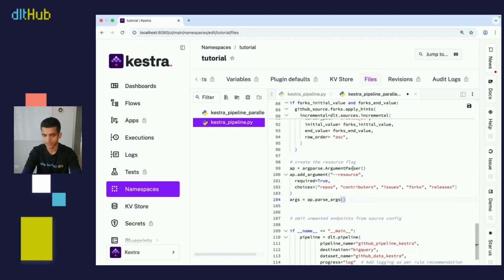Okay, so unless I missed anything, this simple snippet here should help me create my flag. So I'm calling this flag resource. I'm making it mandatory because from now, for this script, I want to make sure that we're only collecting one endpoint state at a time. And we're giving it the 5 different choices to select from. So when the script runs, it has to collect data from one of these 5